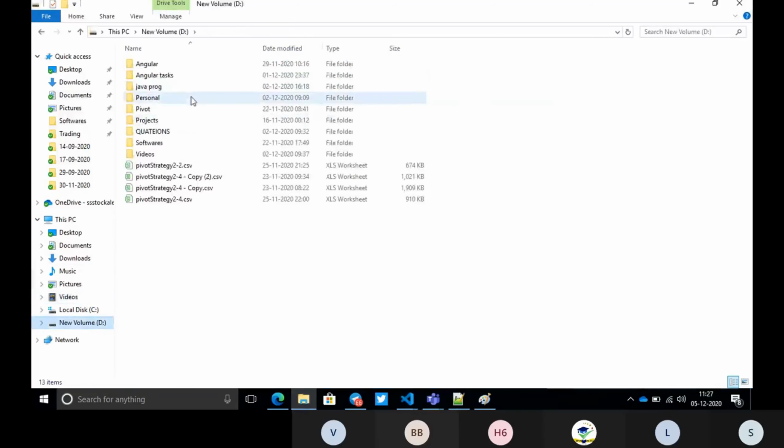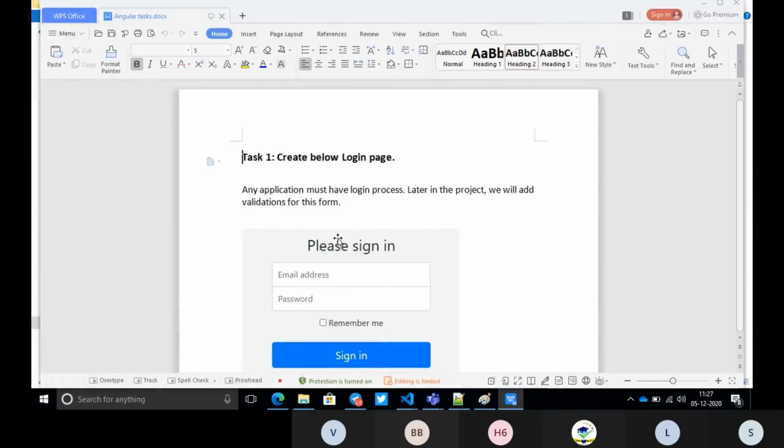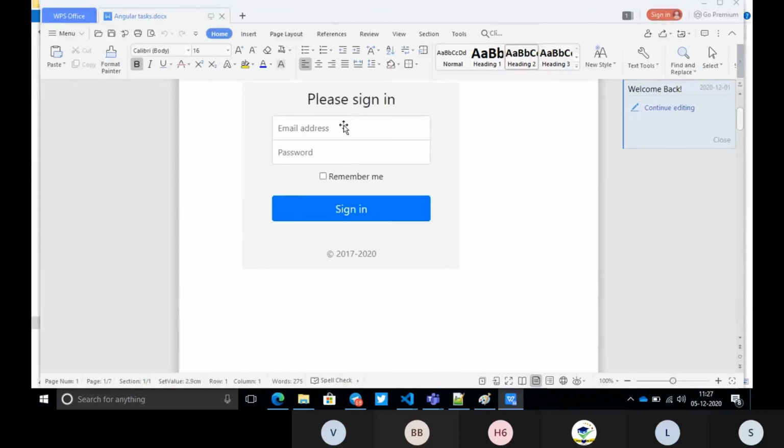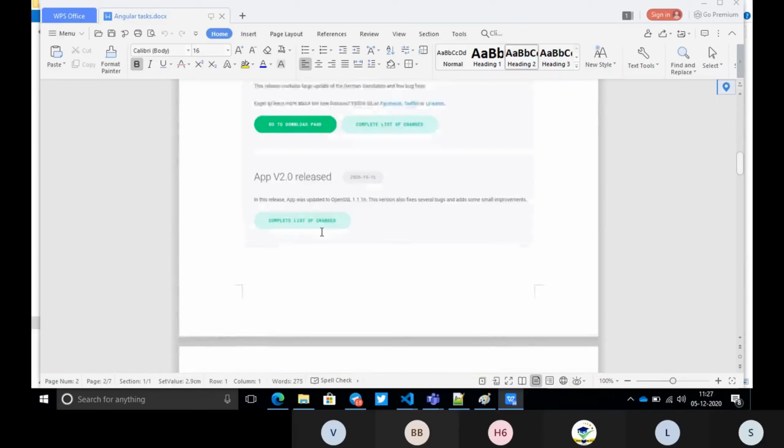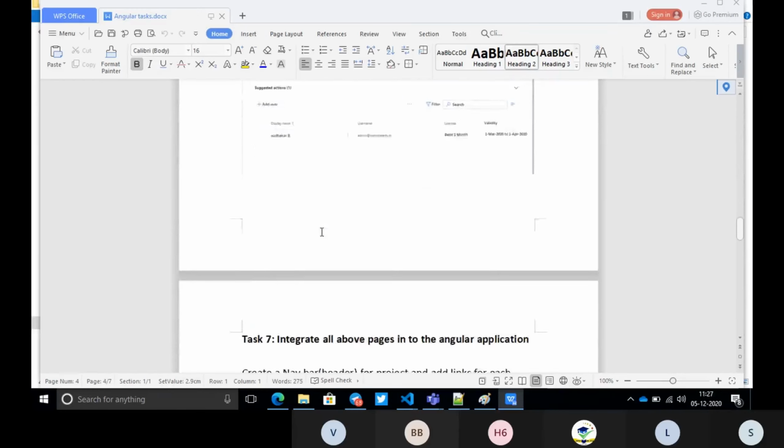So in my examples, the Angular task, I have given a task to you guys. Here we have 2 fields, so how many fields should you have? 2 fields. Is there any other form we have given?